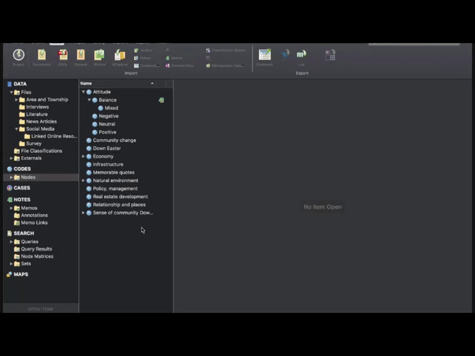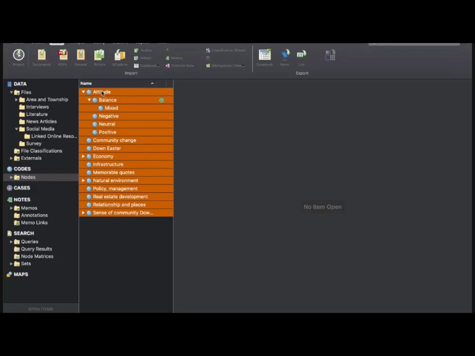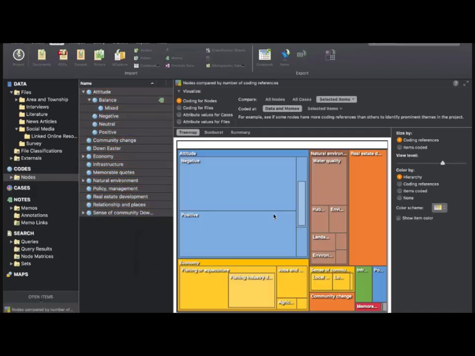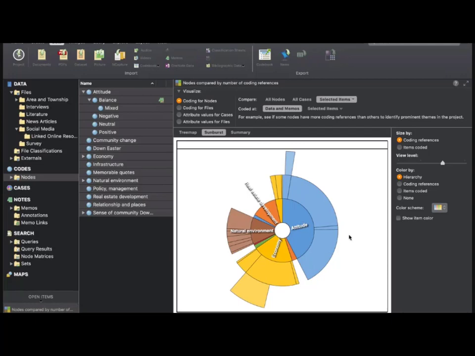Let me give you another gimmick. Now, if you select all of these and you right click and you want to visualize this as a hierarchy chart of nodes, you'll be able to see this particular structure. Now, attitude has images, positive and all that, and you'll be able to see all your themes, which are nodes, in this visual way. So your smaller nodes, bigger nodes, which nodes are you following the most? What is your interest area? And you can do that by doing a sunburst, which is this kind of image,